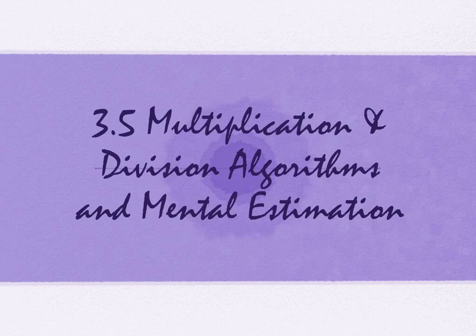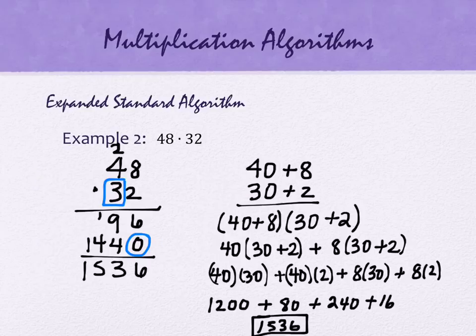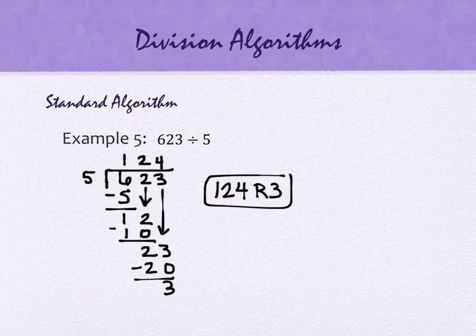Today we're going to finish section 3.5. We'd started before, multiplication and division algorithms. We've gotten to the point where we had looked at all the multiplication algorithms and we had one more division algorithm to go. And we did the standard division algorithm, and the one that we are on now is called